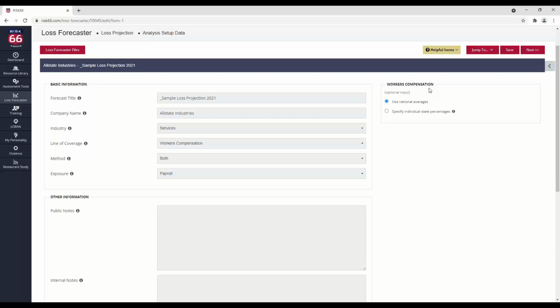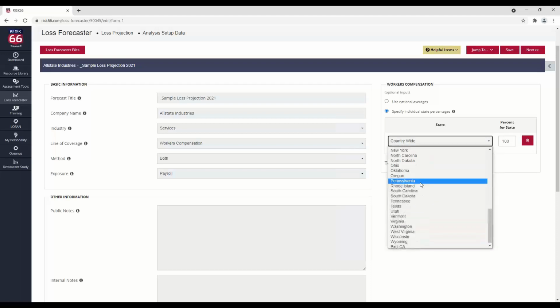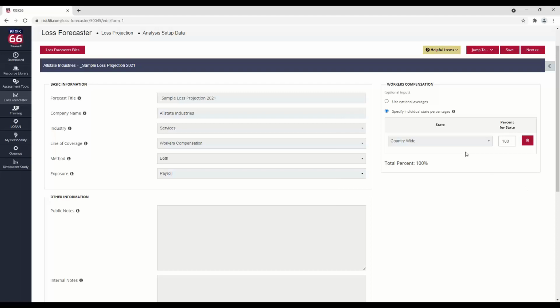So for workers' compensation specifically, you have the choice of using either countrywide national averages, or if you have clients whose work comp programs are specific to certain states, if they're primarily concentrated in Georgia and Louisiana, or New York and New Jersey, or something like that, you can come in here and actually select the different states that they are in and create a weighted average of those different states. And then what that tells Loss Forecaster is to create unique factors based on those state-specific factors